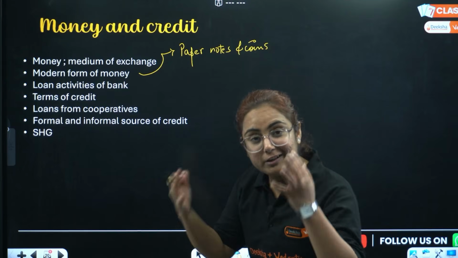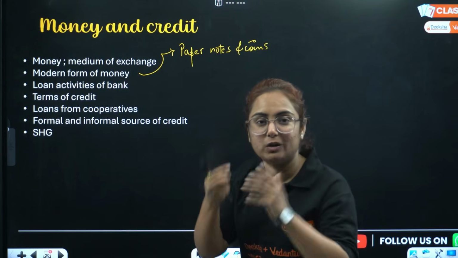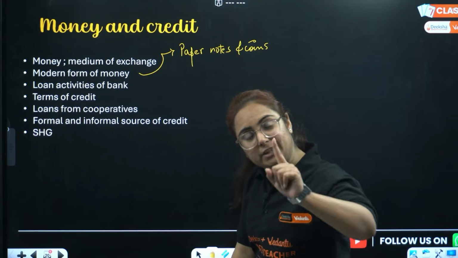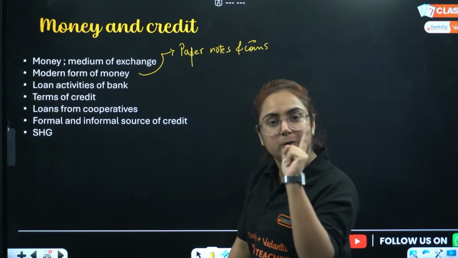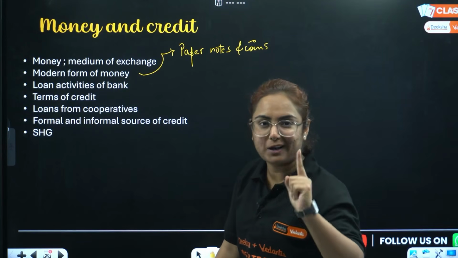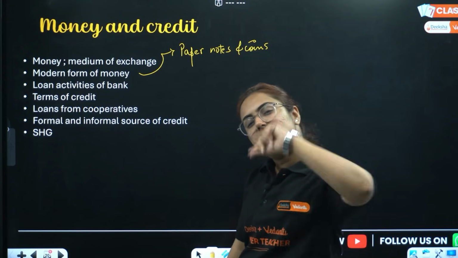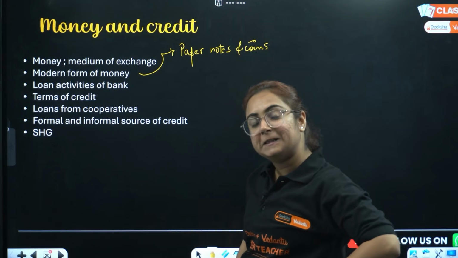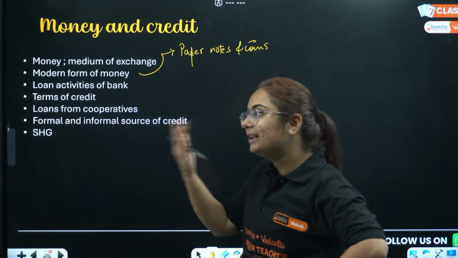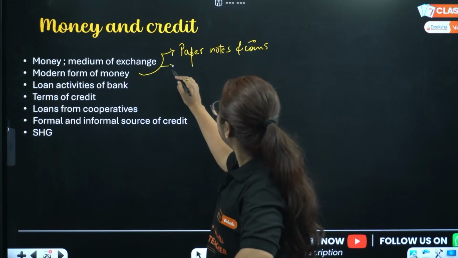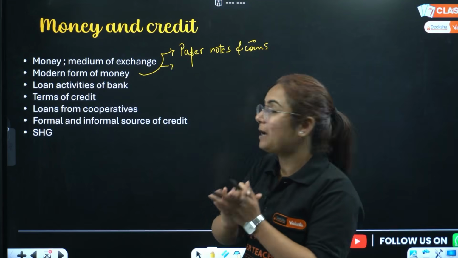I don't even remember when I saw the last note. Everything is going on UPI. I will get stuck definitely one day when my UPI will not work and I will have no money in the pocket. I am pretty sure about that. And what happens if the phone network is also not there? Whom will I call? Yaar, pay kar do. No one. My God, I wish it should never happen.